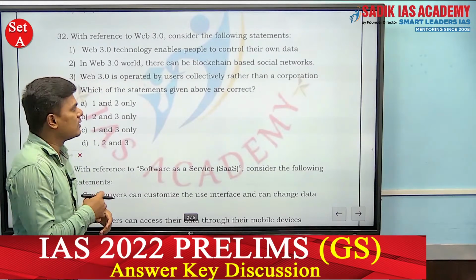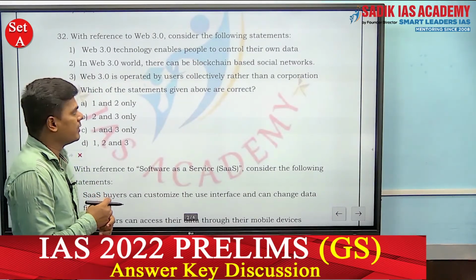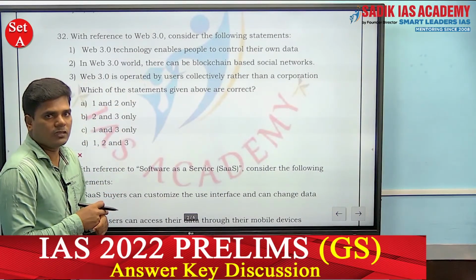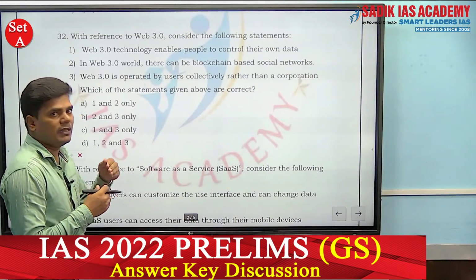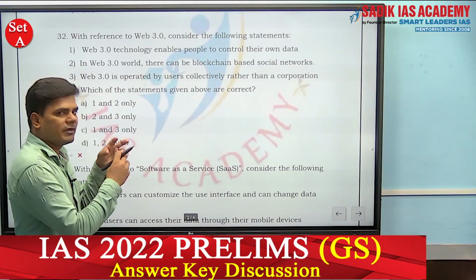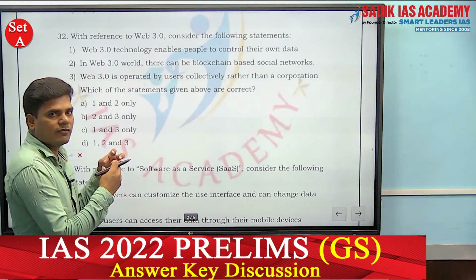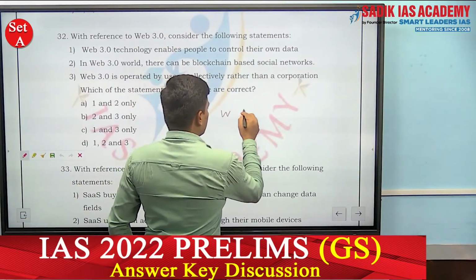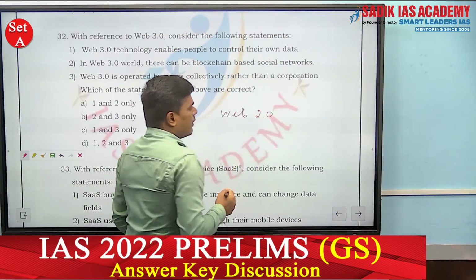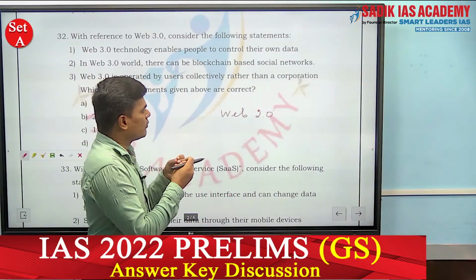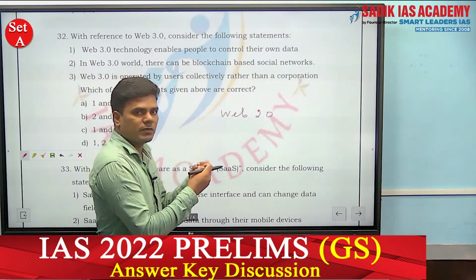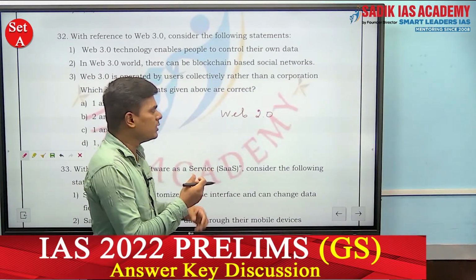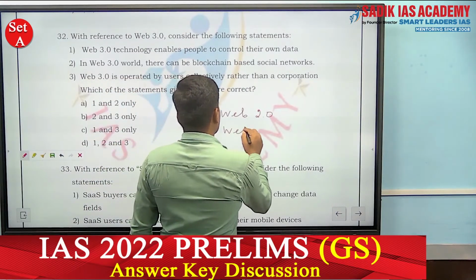It is the third generation internet service through the web. It is actually blockchain based technology. In Web 1 there will be a website, we go and we get the information. In Web 2, the users also contribute some amount of information, like your social media platforms. That is what Web 2 is. Whereas in the case of Web 3,